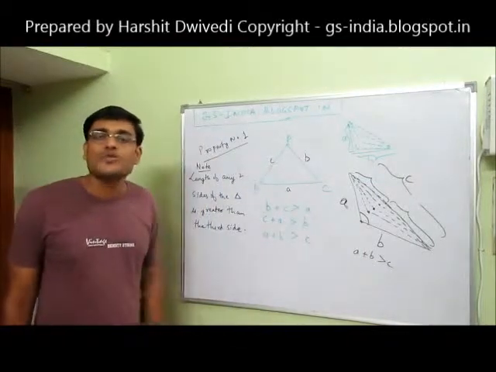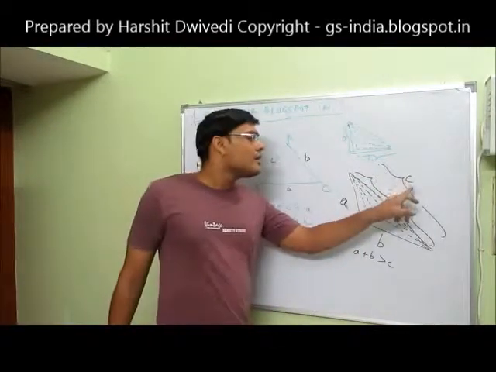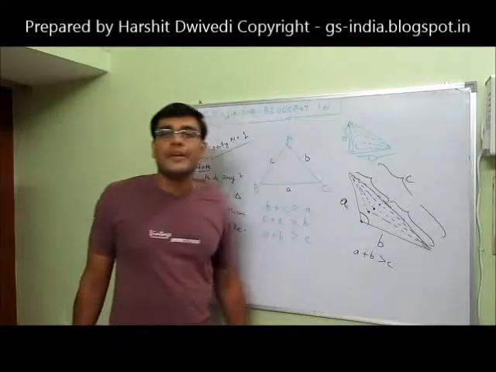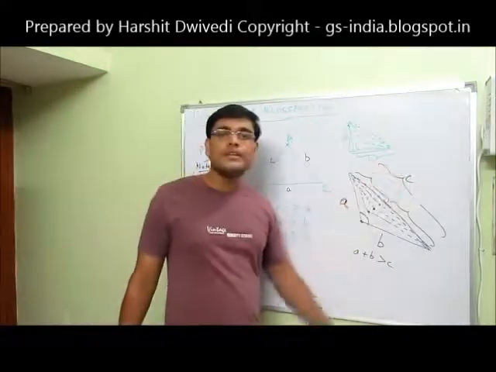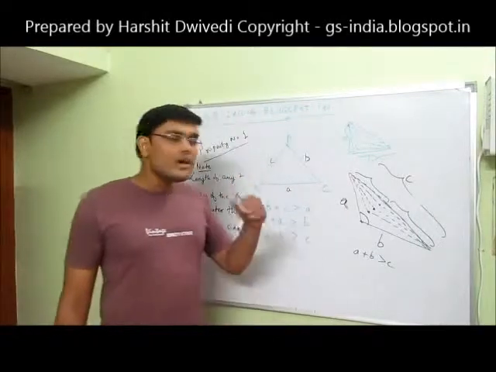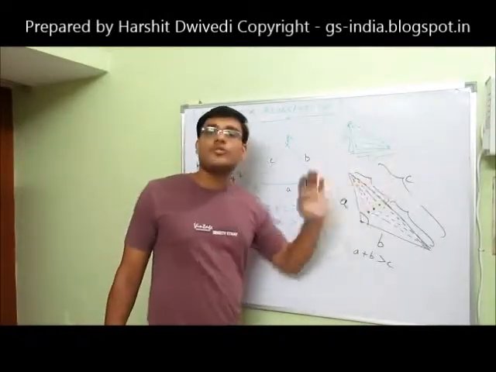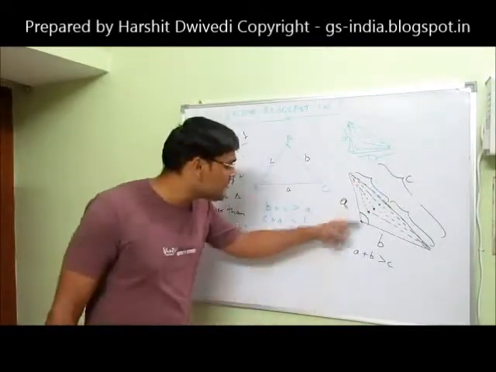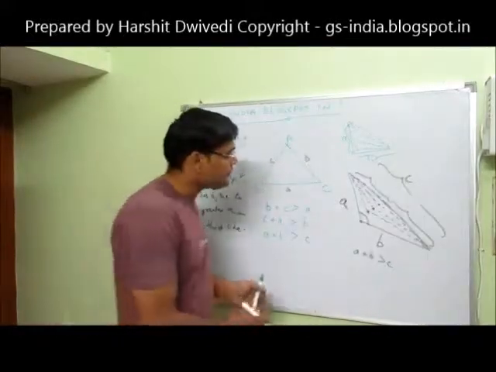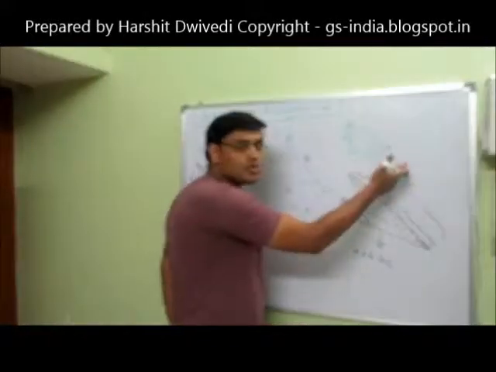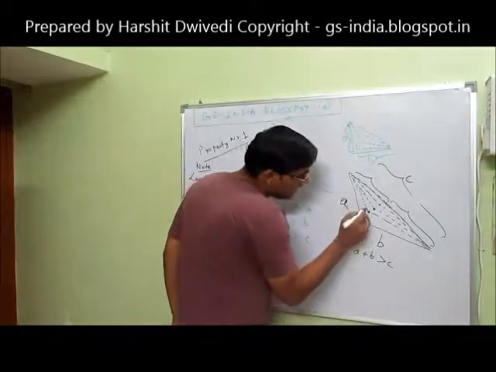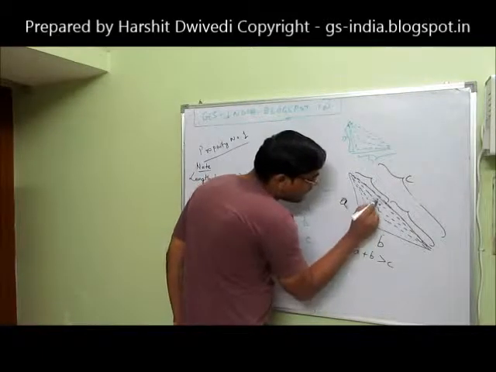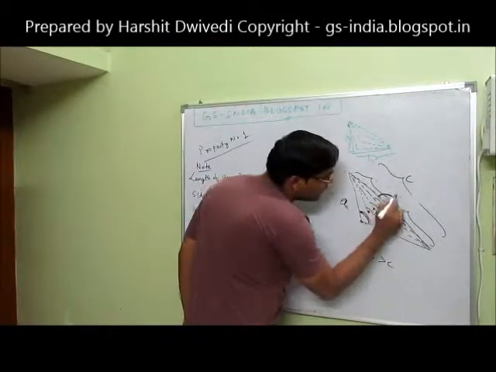But at this point of time, you should understand that in order for C to be equal to A plus B, these A and B lines should be in a sequence. Then only they will be equal to C. In no other case is the sum of A plus B equal to C. It should be greater than C only, because there is an angular distance. If A plus B is equal to C, then obviously this angle becomes 180 degrees.